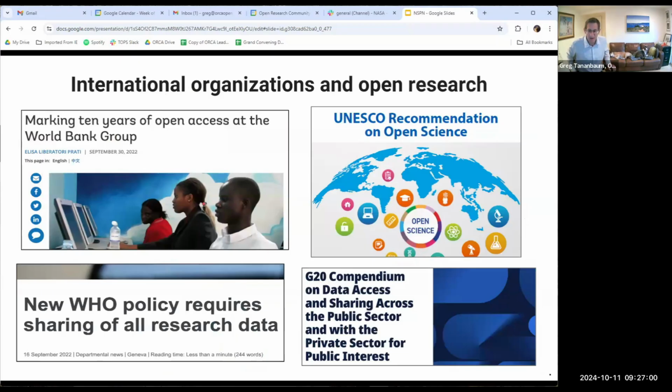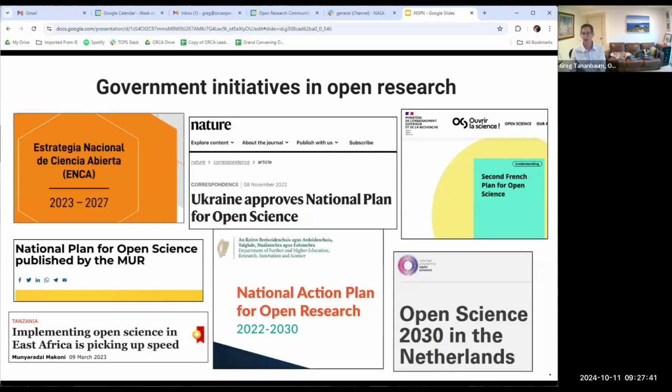It's really neat. We see NGOs of significant prominence that are engaged in this: the World Bank, the WHO, which you mentioned, UNESCO, the G20, OECD. There are lots and lots of groups that have said it is fundamental to our mission to ensure that there is access to and engagement with the literature and with the data. If we are going to do the things that we want to do, which are big, meaty, substantive policy areas, we need open access to the literature. We need open data in order to meet those goals.